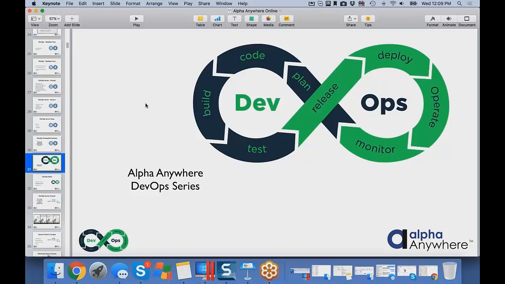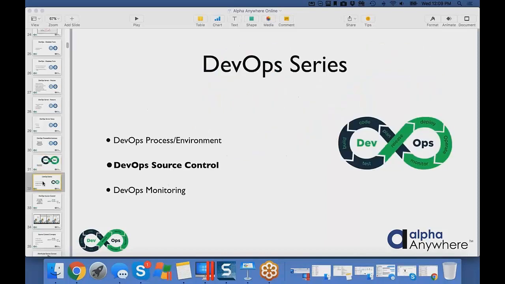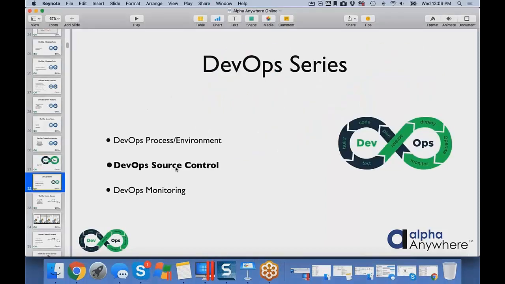And we're seeing that as we get more and more enterprise customers, as our applications become larger with mobile and desktop web, we're finding out that people are having multiple people working on it at one time. They have teams of developers instead of a single developer. And so in order to handle that, you need an effective strategy. So today we're going to talk about source control.